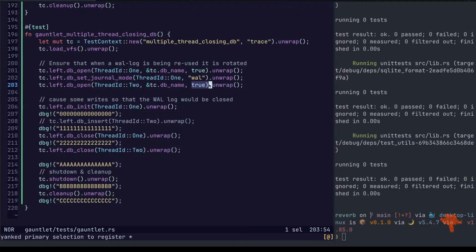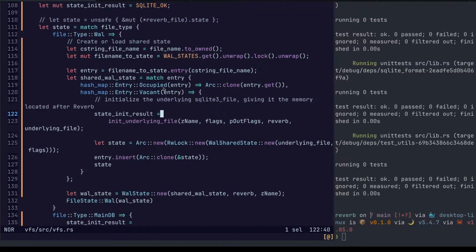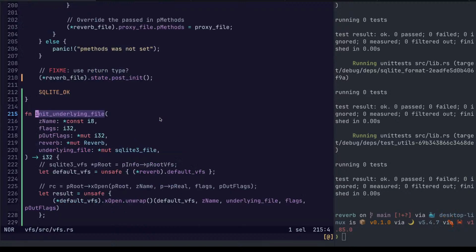We have true, load with VFS. Like, this actually has to be true because we loaded the VFS. It's actually an error to do that a different way there. Open.